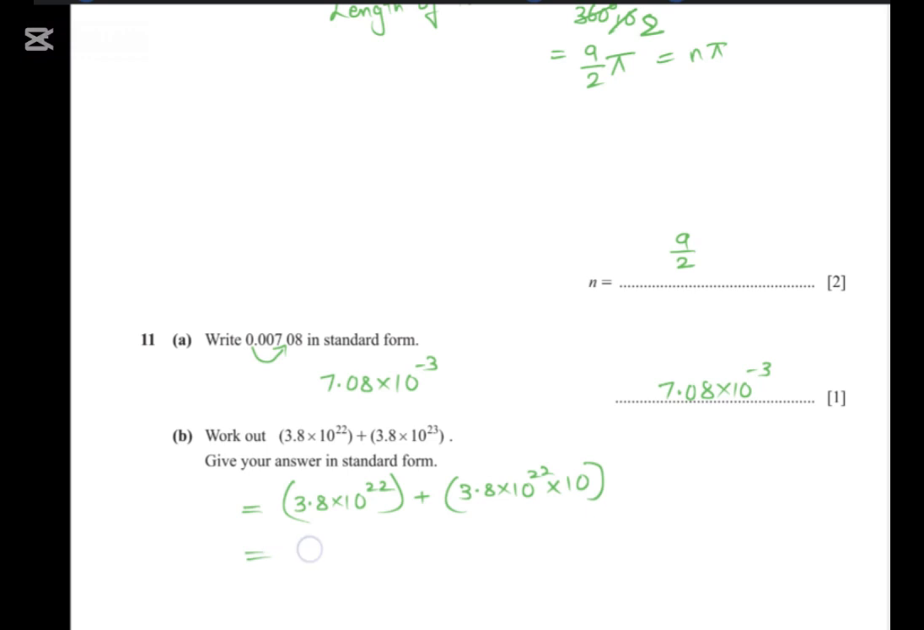From this you take 3.8 into 10 raised to 22 common, so this part will be 1, this is 1, and the 10 will be remaining here. So 1 plus 10, this is 3.8 into 10 raised to 22 into 11. Multiply 3.8 into 11, you get